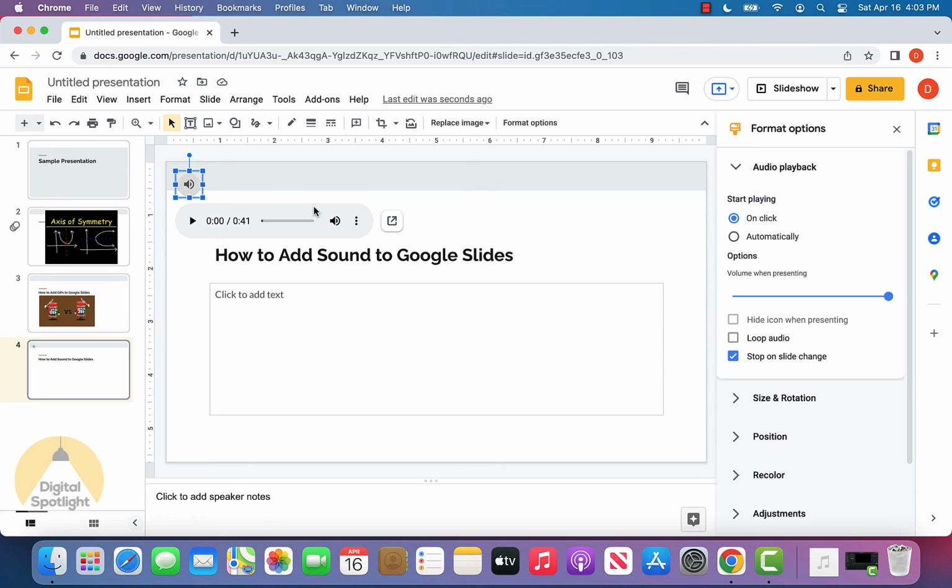Now, while you won't be able to hear the sound I have on my slide just because my screen recording isn't set up that way, I am simply going to leave it the way it is, and I can go ahead and press the play and pause button whenever I want to play or pause the sound on my presentation. But hopefully this was helpful to you, and this will show you how you can go ahead and add